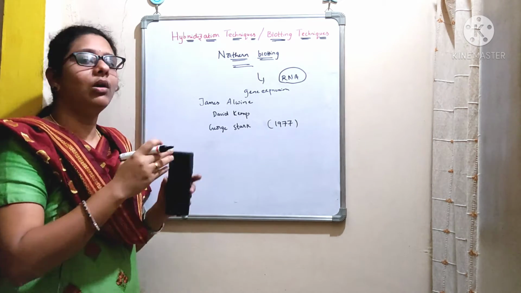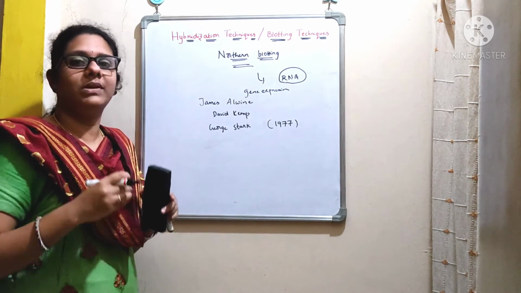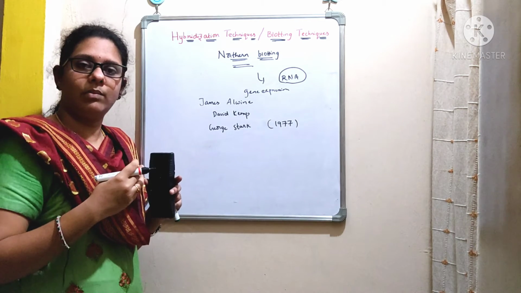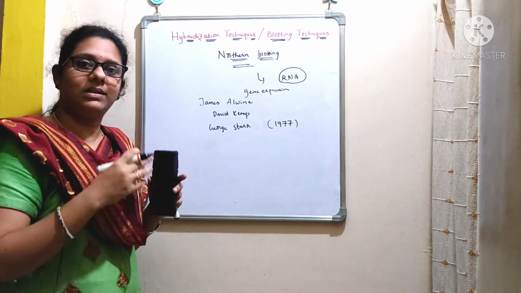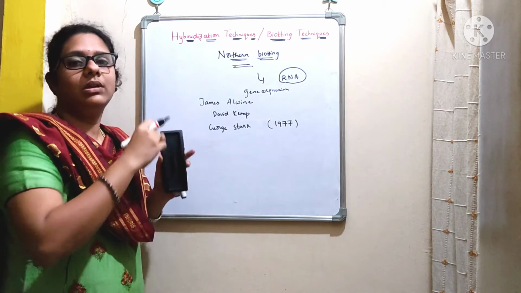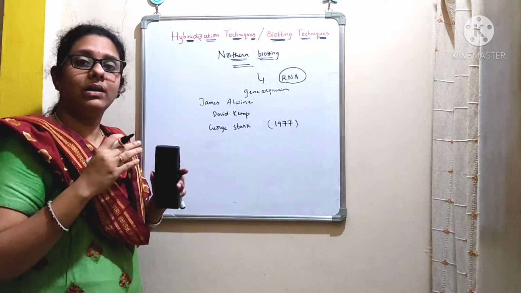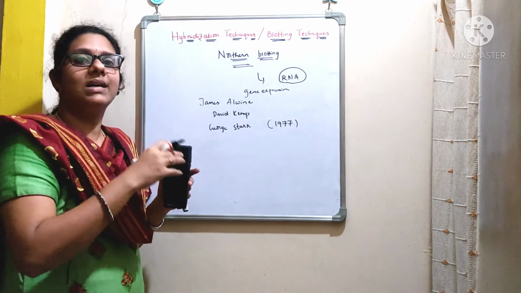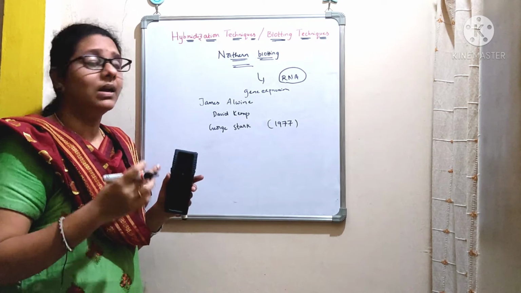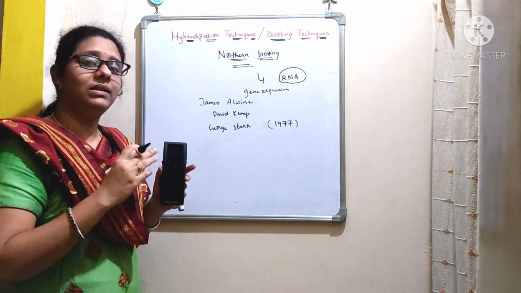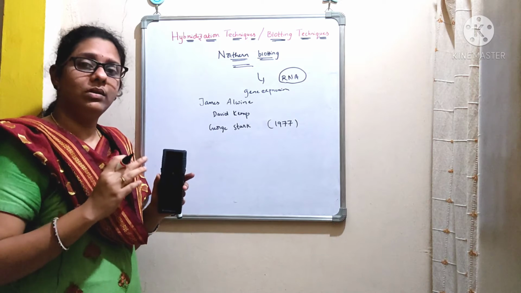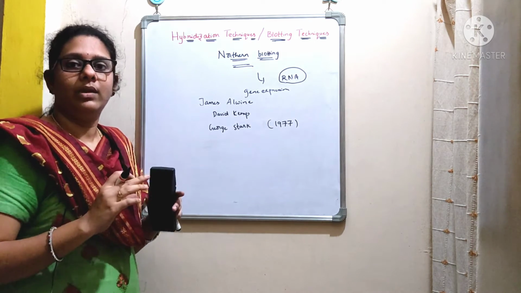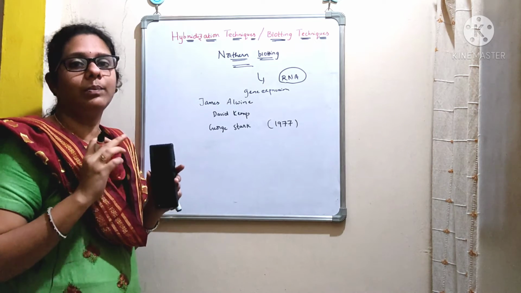In this northern blotting technique also, the first step is to isolate the RNA, as we already discussed in the southern blotting technique where we need to isolate the DNA. But when it comes to northern blotting, here we are interested in identifying the RNA sequence, so we need to isolate the RNA. Make sure when you isolate the RNA that the solution is free from RNases, otherwise the RNA will degrade. You have to isolate the RNA in a pure form.